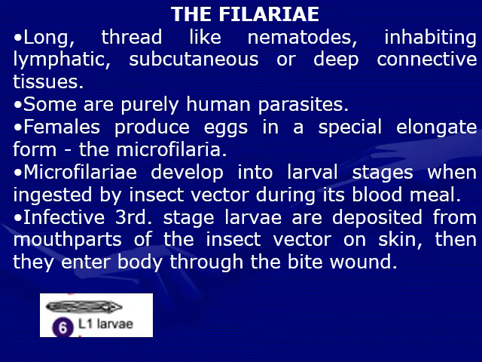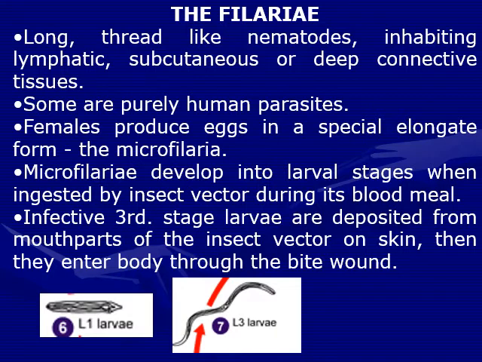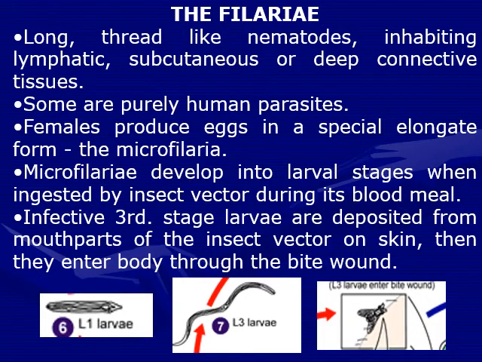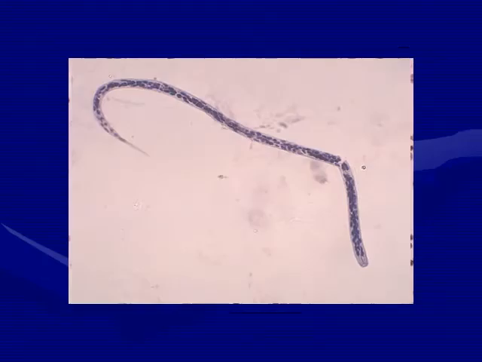This is larva 1, or the first stage of larvae. This is the third stage larva, and this is the insect vector taking the blood meal. And this is a picture of microfilaria. It is a thin, tiny stage with